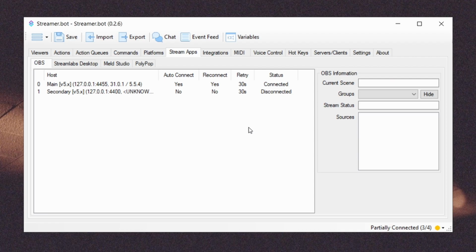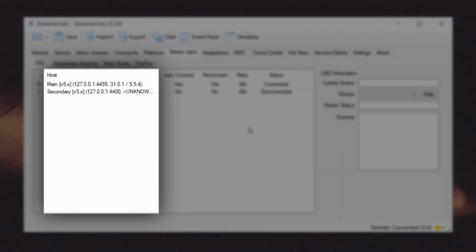You can't sort or filter anything in this table. Connections are sorted by ID. In the table you can see: first column. It doesn't have a header, but it represents the connection ID. Host, a combination of several connection fields, including name, version, host, and port, followed by OBS version and WebSocket plugin